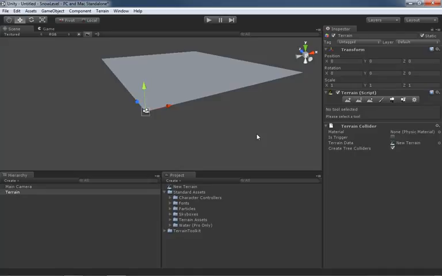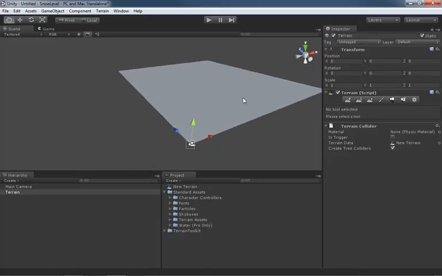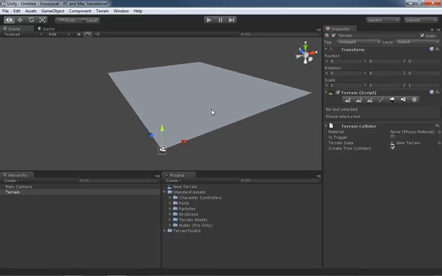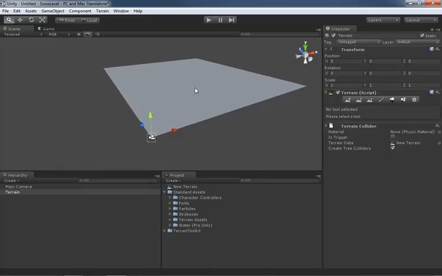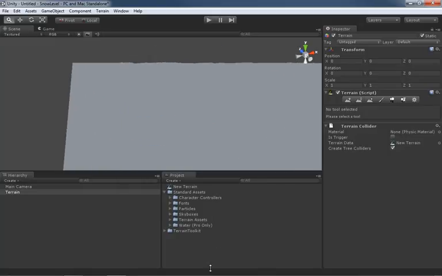Now, still sticking with navigation for just a moment longer. If you hold down the Alt key again, you can click and drag with your middle mouse button, which is your mouse wheel for a lot of you. And if you don't have a mouse wheel, hopefully you have a 3-button mouse. And you can pan the camera around. This is just kind of like sliding the camera left, right, up, and down. And if you hold down Alt and drag with the right mouse button, you can dolly the camera